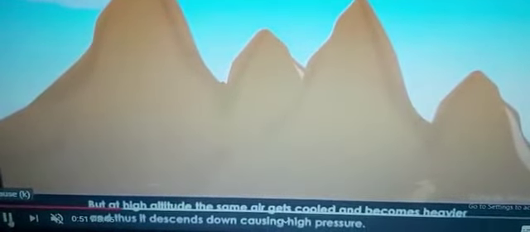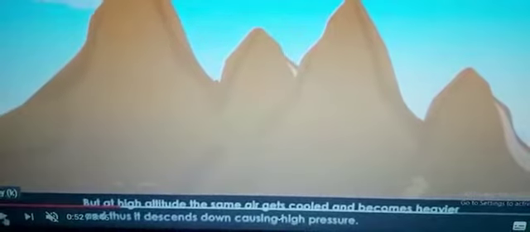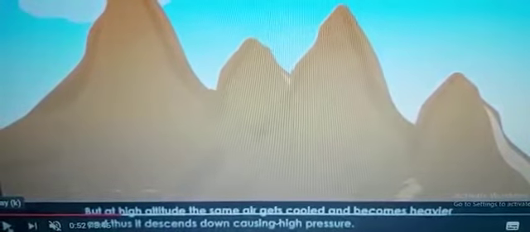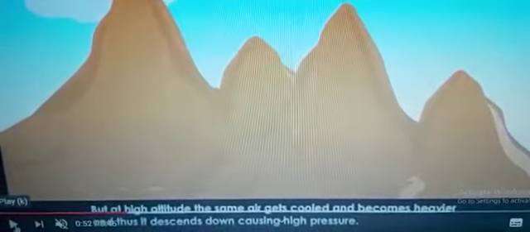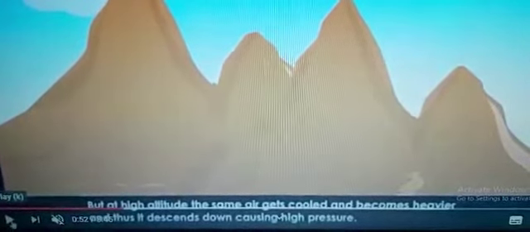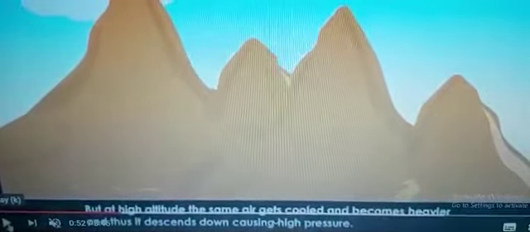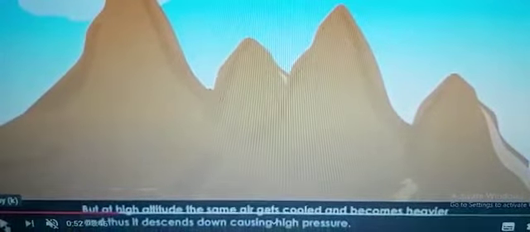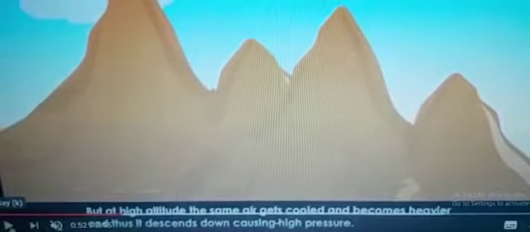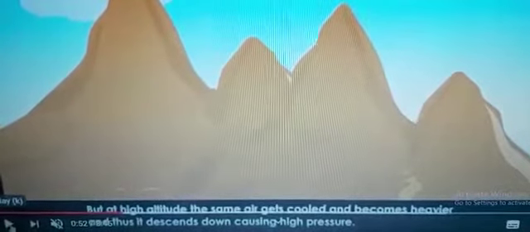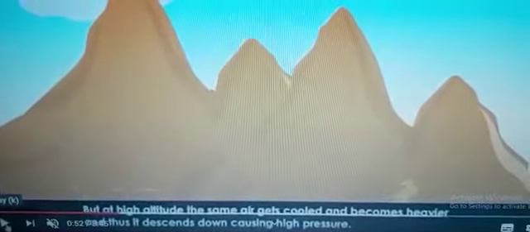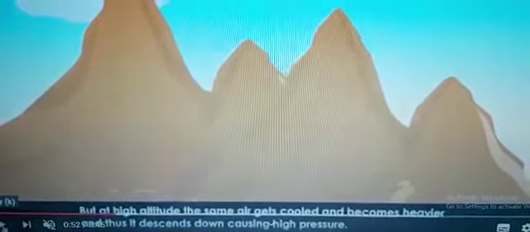Now children, here you see the factors. First I will tell you that pressure gradient is defined as the decrease in pressure per unit distance in the direction in which the pressure decreases. It means that if you move toward the distance where the pressure decreases, that is known as pressure gradient. On the weather chart, this is indicated by the spacing of isobars. Where the gradient is steep, the isobars are close together, and where there is a gentle slope, the isobars are far apart.